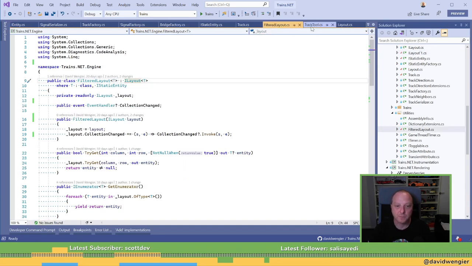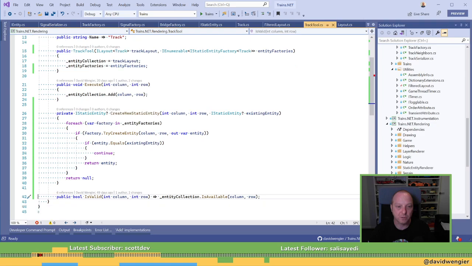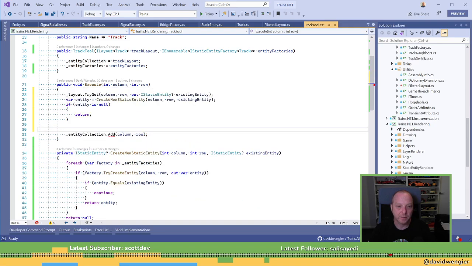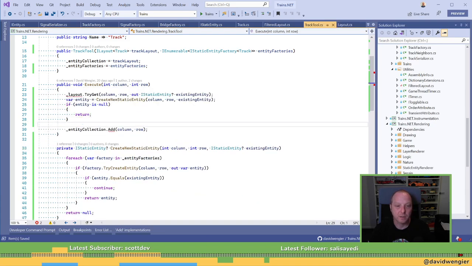Right. So in the track tool, when we execute, we're going to create a new static entity. So we want that code to be here. And we pass in this, and that is called entity collection.